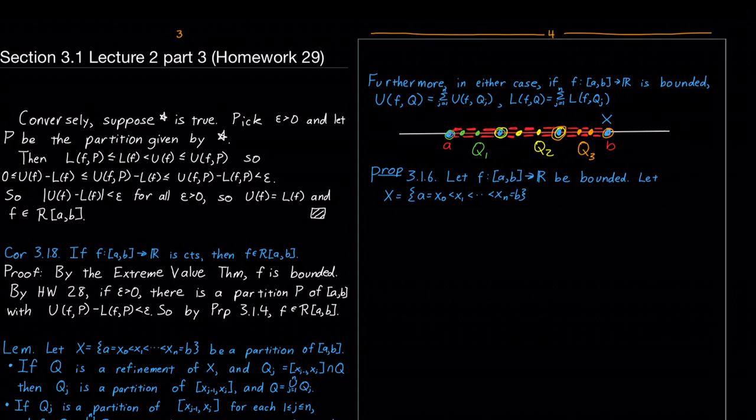So x is really a set. It's a set of finitely many points, including A, including B, and all the other points are between A and B, and we're just saying we're going to number them in order, x naught being the smallest one, which is A, xn being the biggest one, which is B. And then